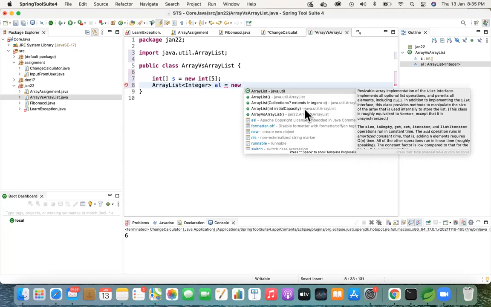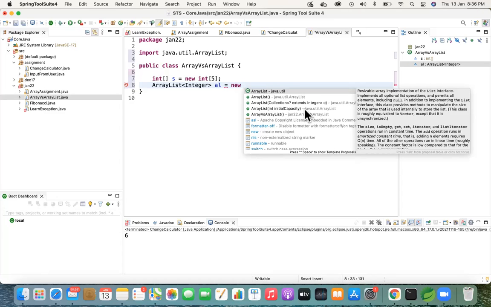Array list representation would be similar to your array. So if you have an array with 32 indexes, but you are using only 4 positions in it, it's a waste of memory. In that case, we can reduce our indexes by giving the initial capacity value. So it's just an approach. Either you can go with the default one, or you can have your own capacity.